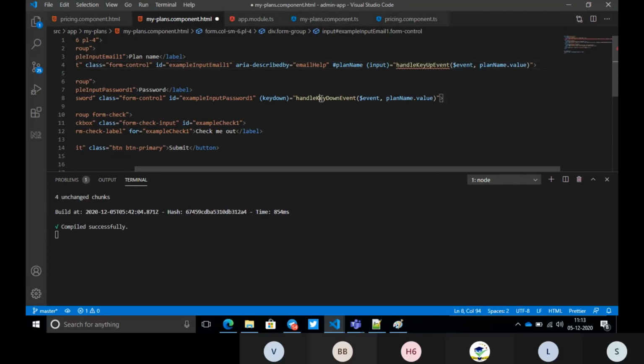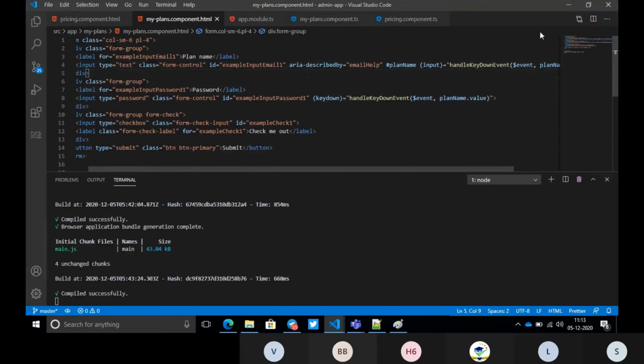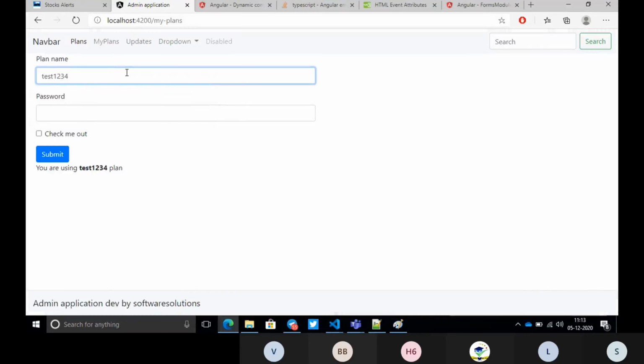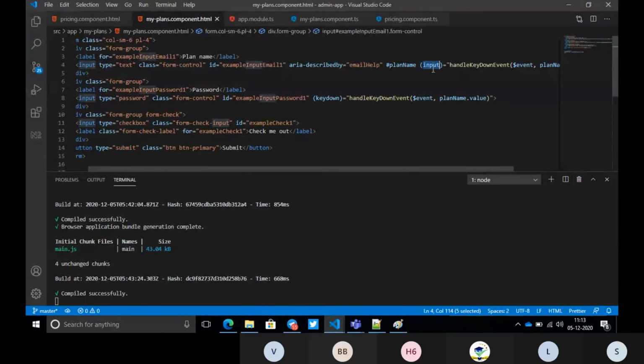Now see, I'm just changing the event name alone. Here you can either use key up or key press instead of key down. Now see whatever value we are typing here, it is printing, and we are removing also. So for this one we should use key up or the input event. The input event means whatever you are typing, it will take it as an input event. So either you can use input or key up event, or key press.